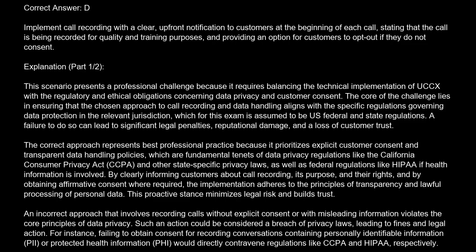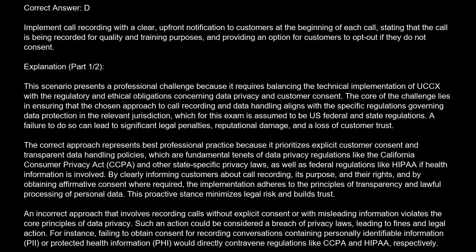The correct answer is D. Implement call recording with a clear, upfront notification to customers at the beginning of each call, stating that the call is being recorded for quality and training purposes, and providing an option for customers to opt out if they do not consent. Explanation. This scenario presents a professional challenge because it requires balancing the technical implementation of UCCX with the